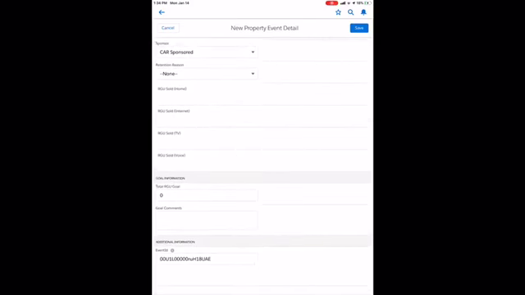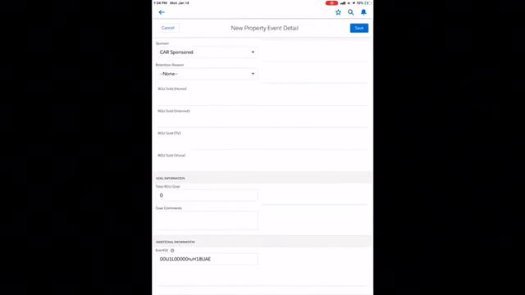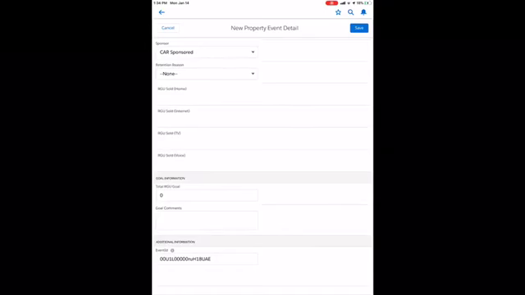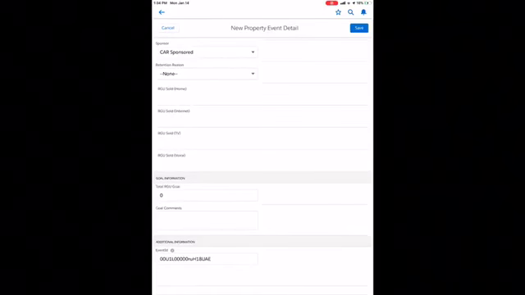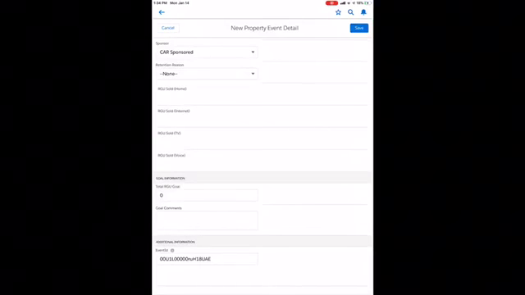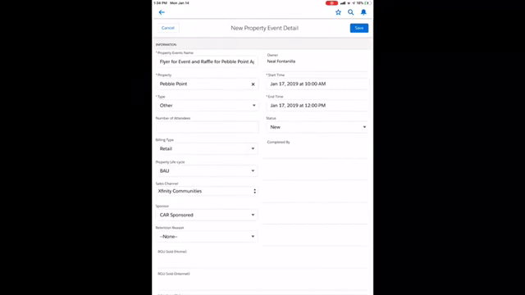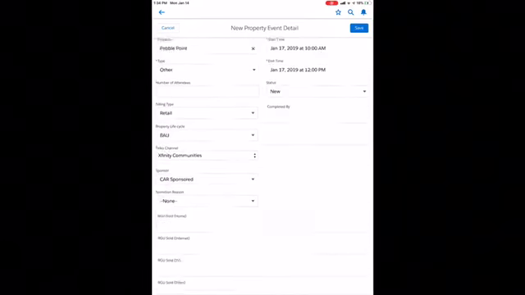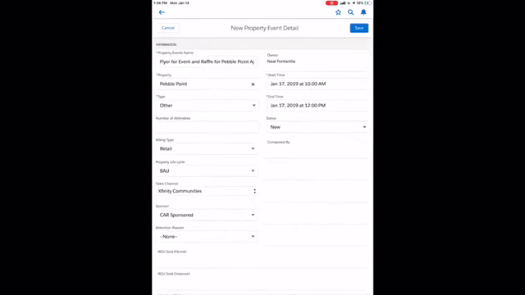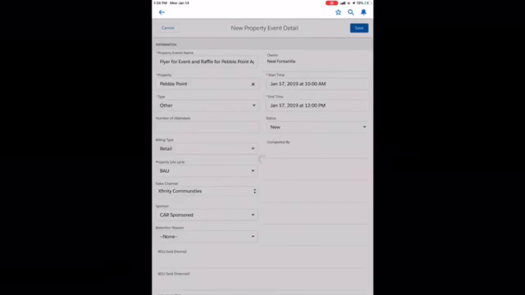Now, unlike a sales event, we are going to leave where it says total RGU goal as 0, because again, this is customer education, non-sales, a flyering event to count as an activity, not an actual sales event. So far, everything is business as usual, other than not filling in a number for the total RGU goal. So all we need to do from here is click on Save in the upper right-hand corner, the blue button,